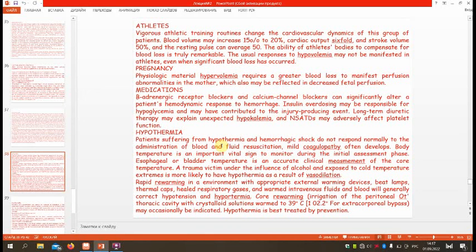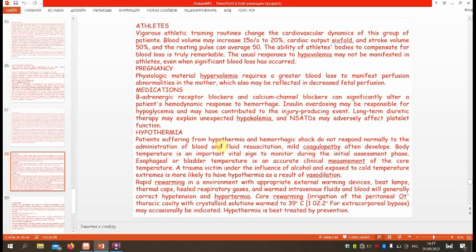Hypothermia. Patients suffering from hypothermia and hemorrhagic shock do not respond normally to the administration of blood and fluid. During resuscitation, mild coagulopathy often develops. Body temperature is an important vital sign to monitor during the initial assessment phase. Esophageal or bladder temperature is an accurate clinical measurement of the core temperature. A trauma victim under the influence of alcohol and exposed to cold temperature extremes is more likely to have hypothermia